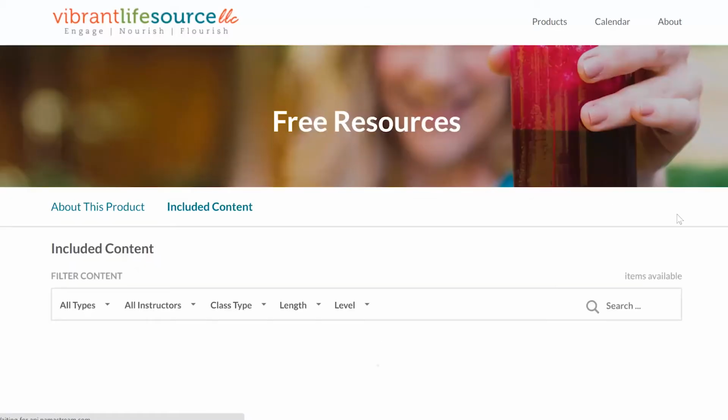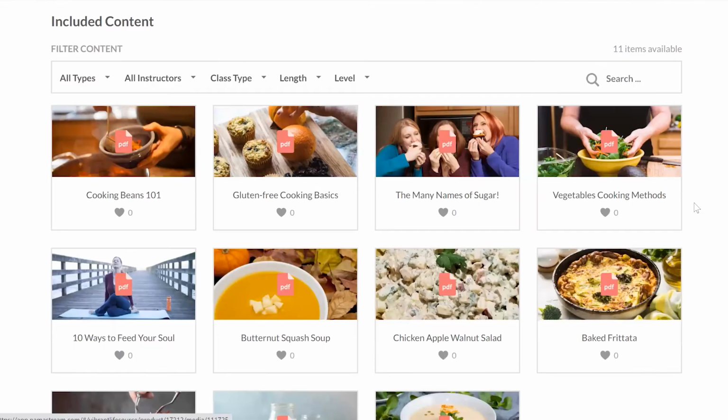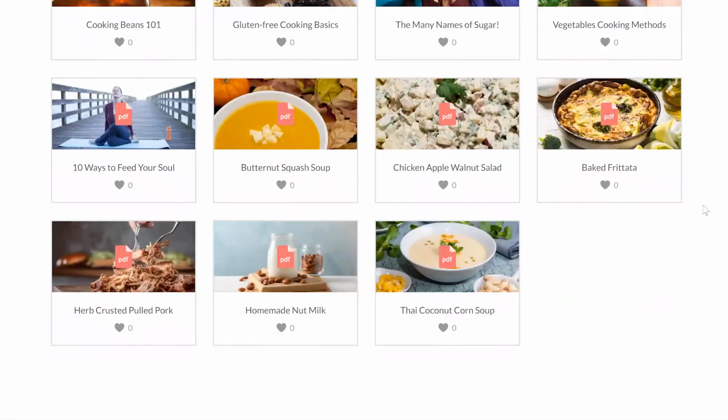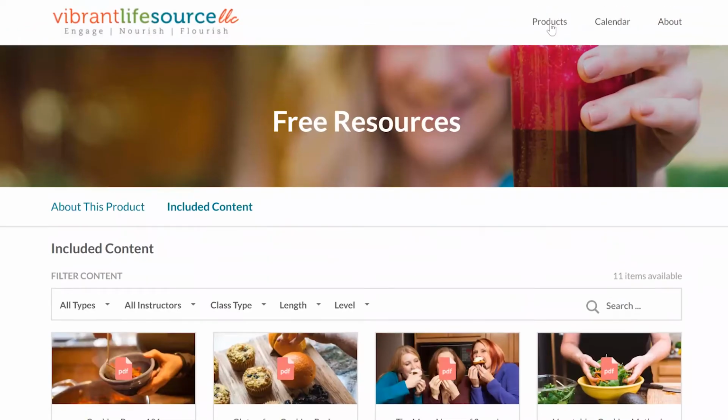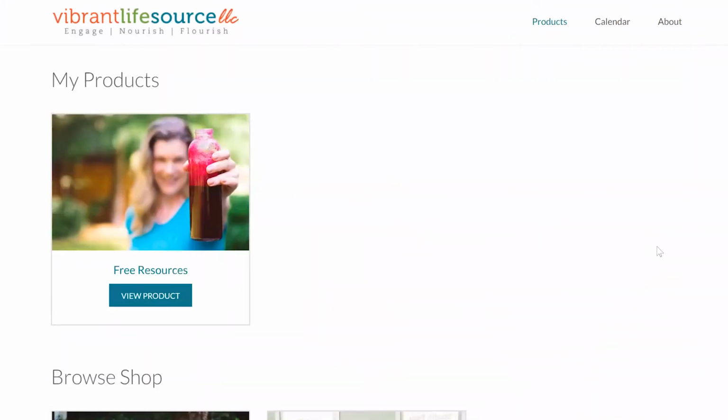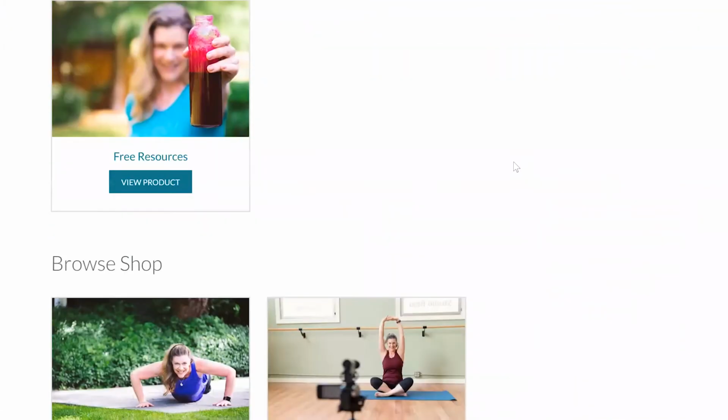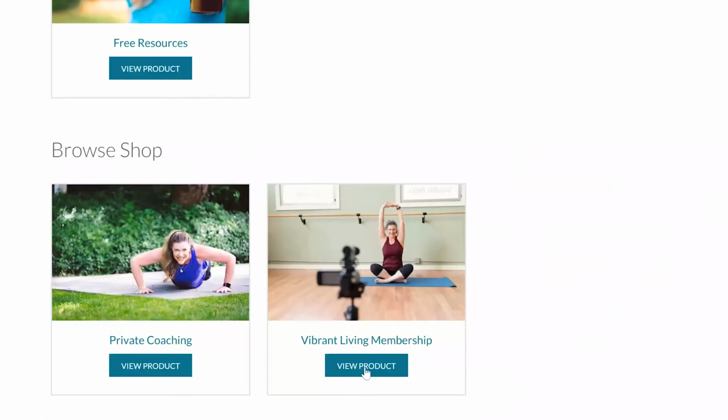And what'll happen is these free resources are going to be updated on a regular basis. So you'll continue to see more recipes, more wellness how-to guides, and more information in here over time. Now, if we go back to the products, and that's one that shows that we purchased. Now, if we go in here,